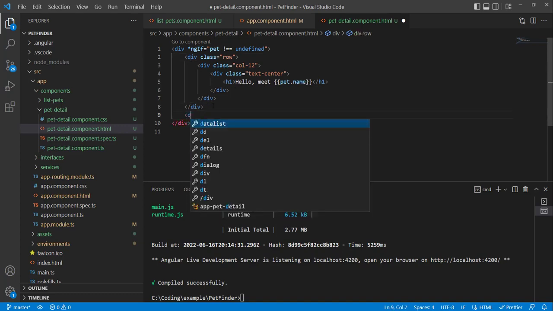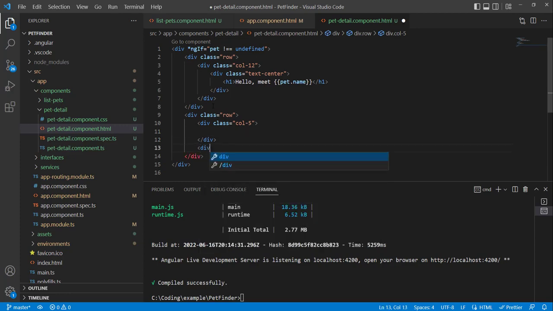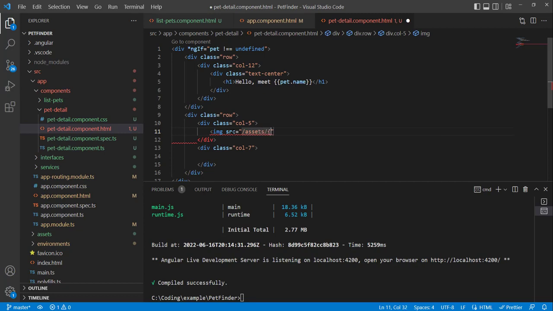And then we're going to go div class equals row. I'll put the picture on one side. Let's say it's on the first, not quite half of the screen. And since it's 12, we have 7 left, so the other side will be 7. Then I'll go ahead and put the image of the pet here: assets, curly brace pet.imageName. Cool. And then we'll put a p